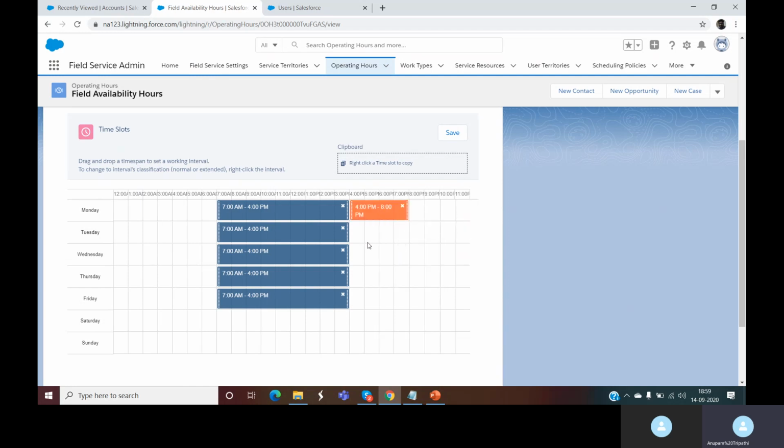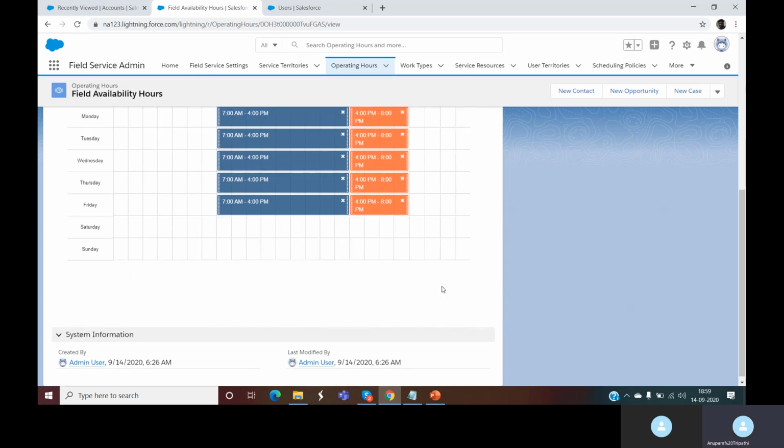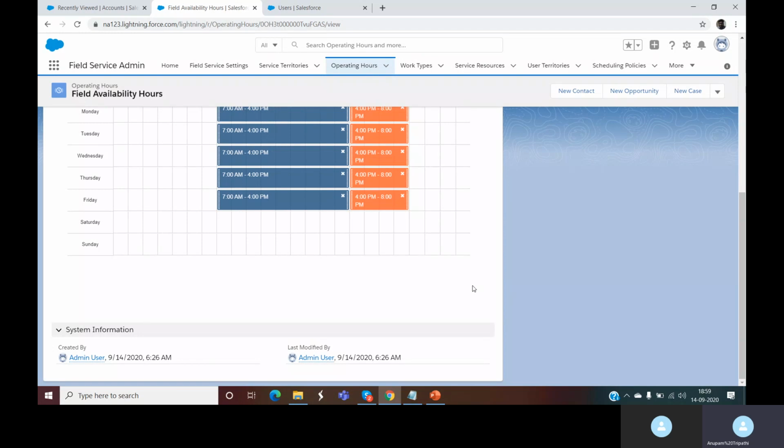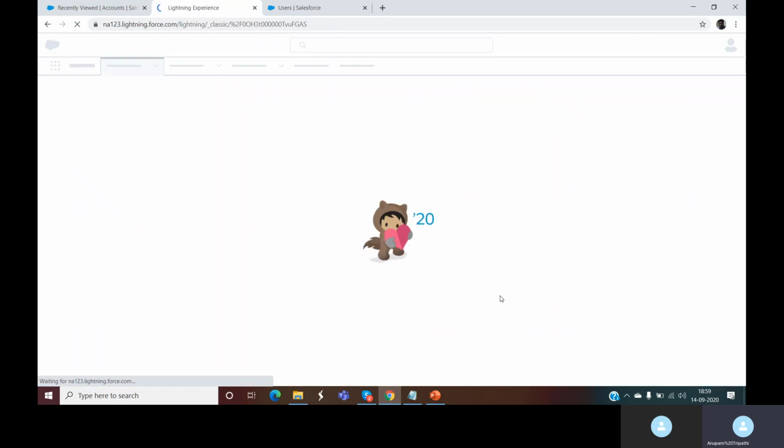It tells that this is an overtime hour, and we'll again copy it to the next day. Like this, you see that I have added it. We'll press save, because if you don't do this, your changes will be lost.